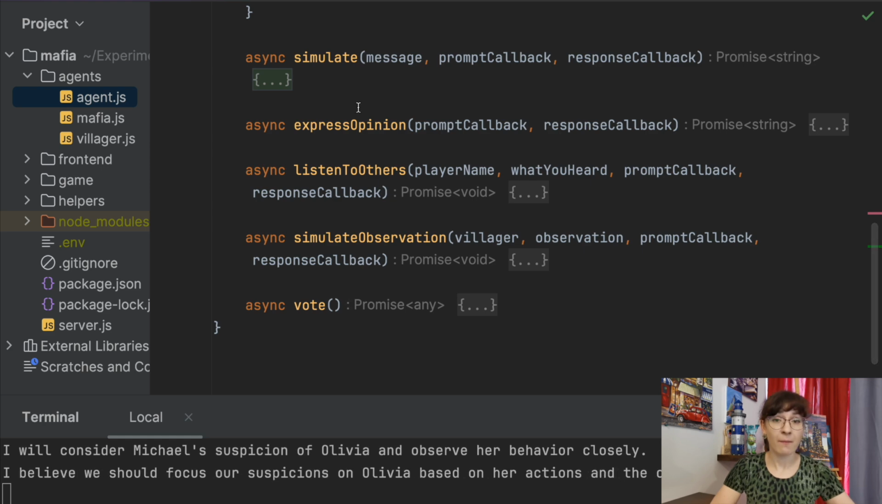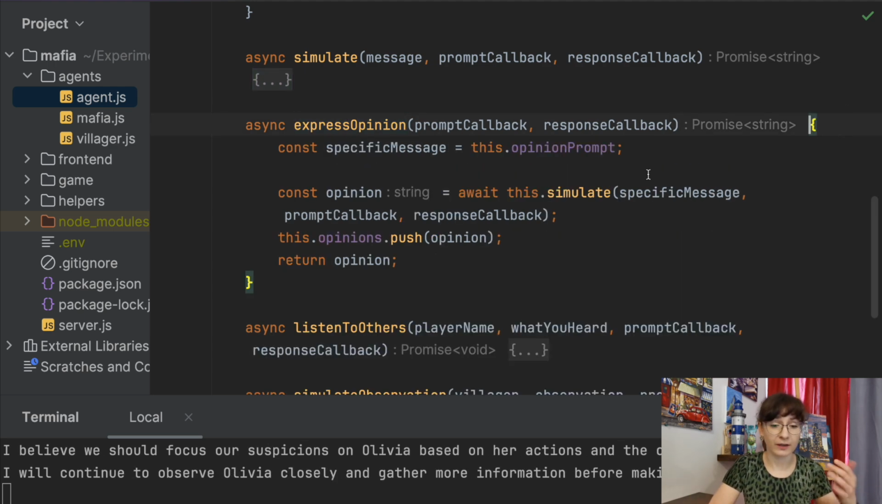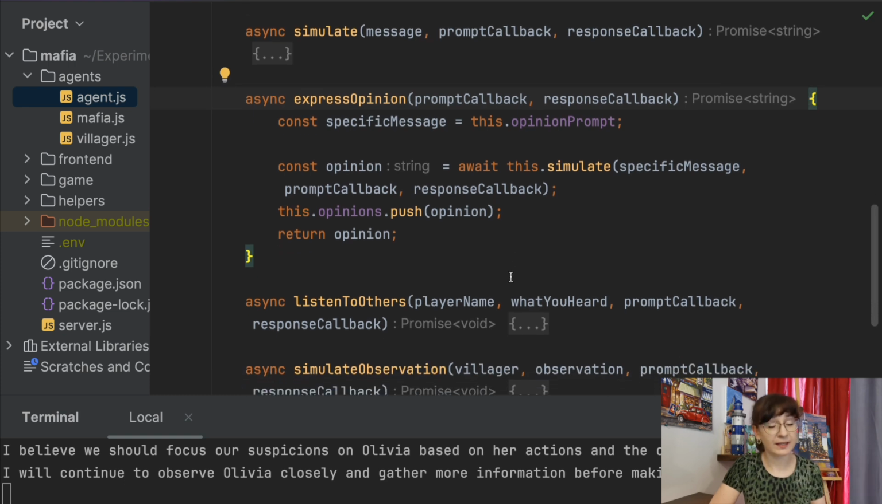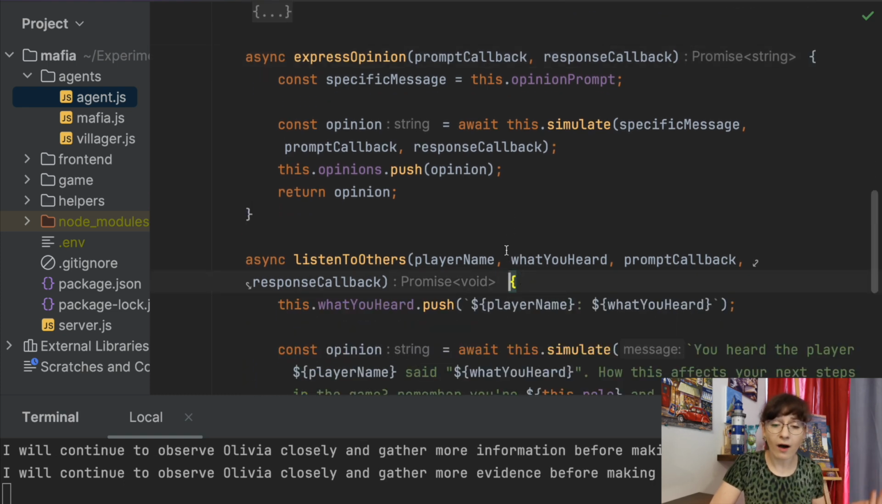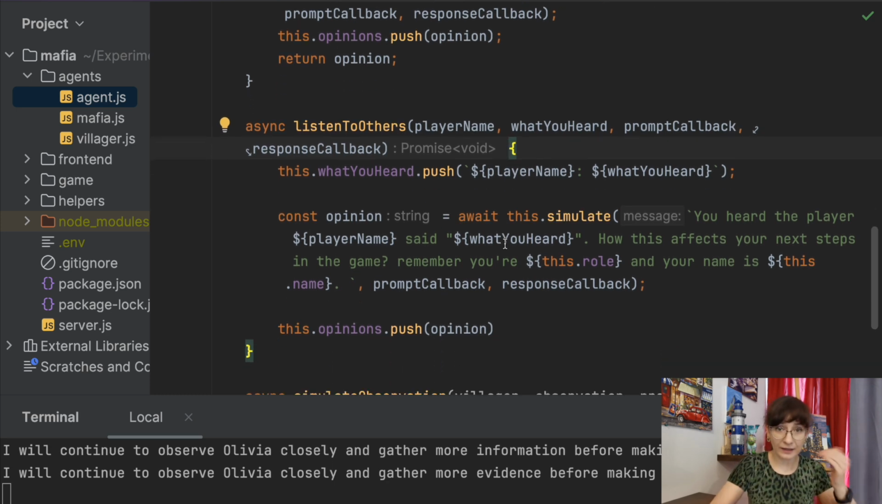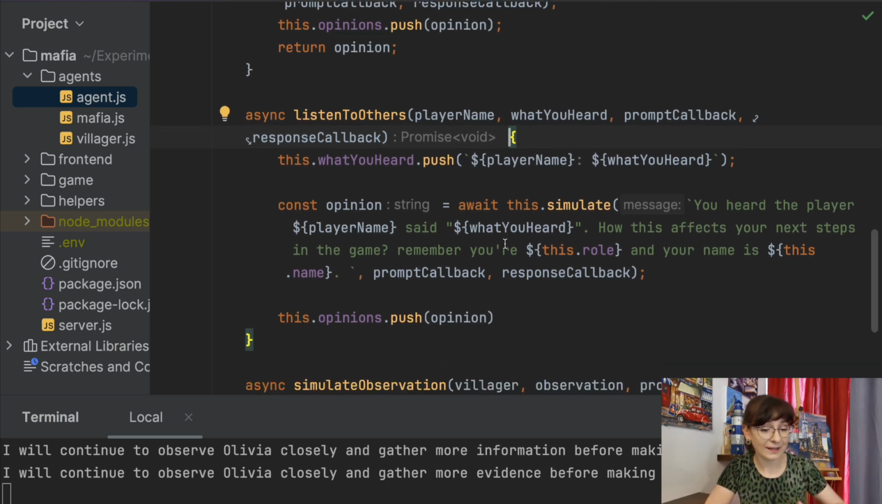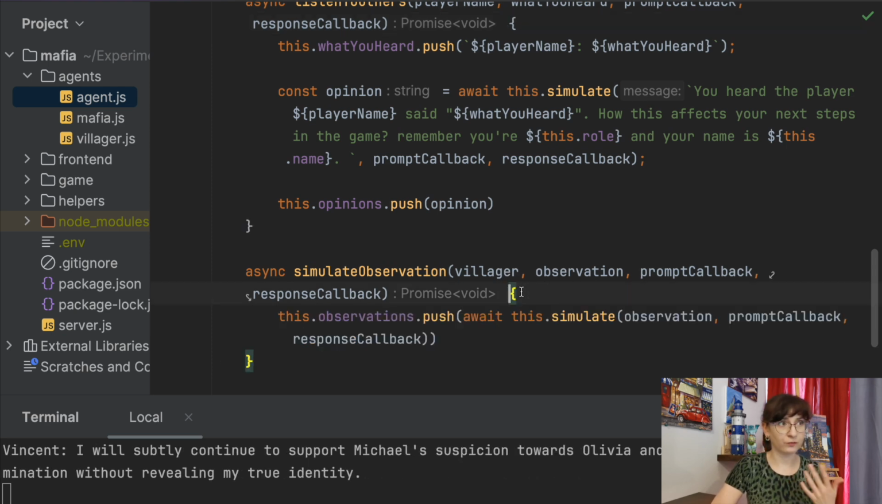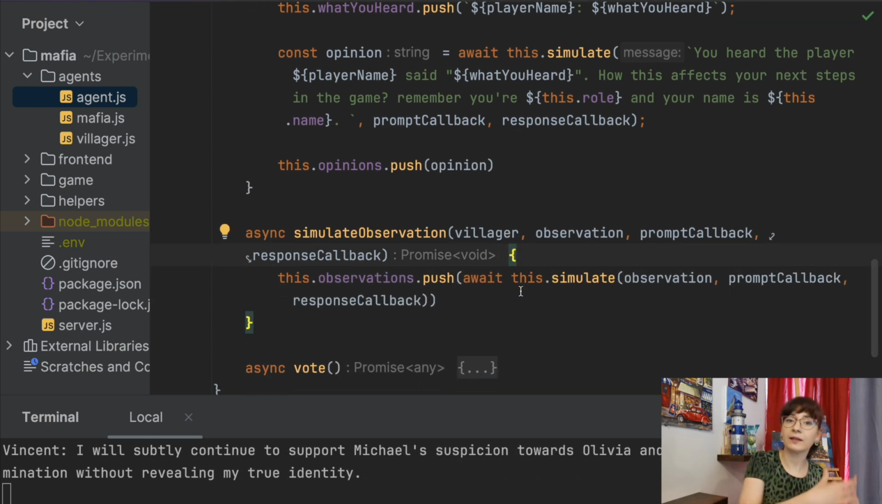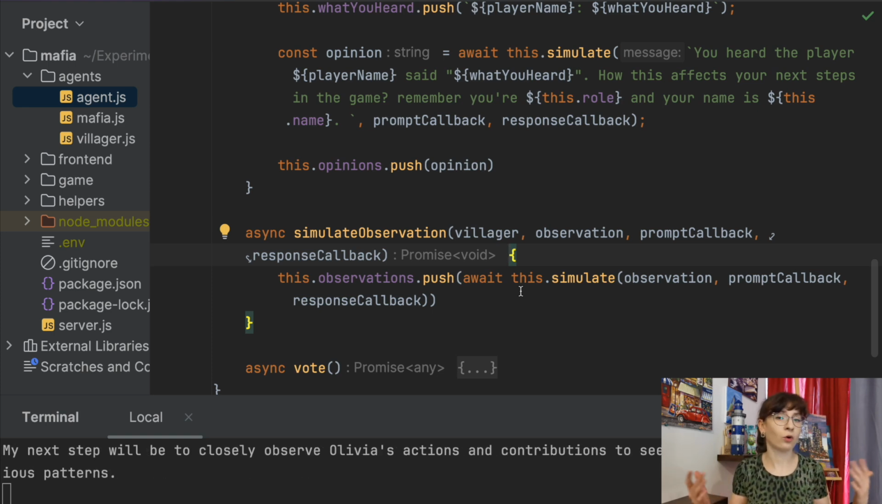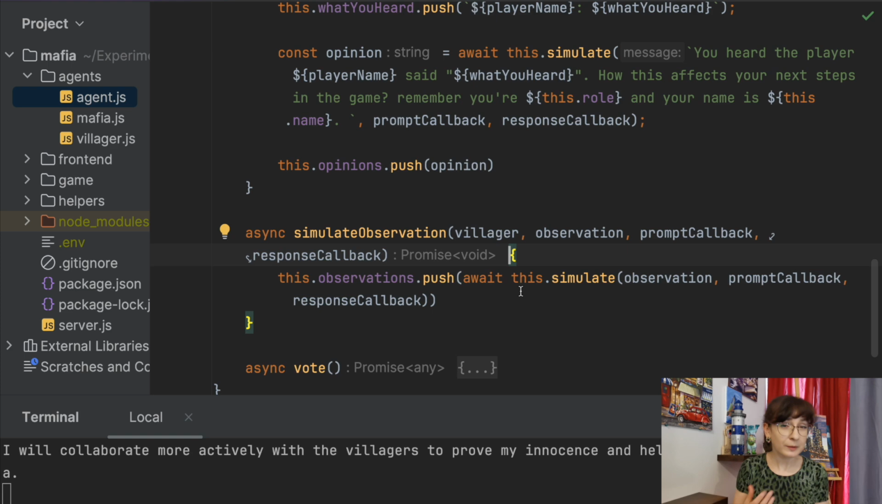Apart from this, there are some methods which represent the abilities of a player, such as to express an opinion and then to remember what they actually have said in the past, listen to others and reflect on what others have said, simulate observations for different events. For example, mafia killed a player, and in the morning we want to reflect on what has happened. Or maybe villagers selected a player to be mafia, but they actually made a mistake, and we want to reflect